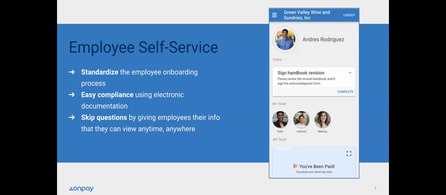Well, we've got just the thing to help your clients and help their employees get their questions answered. When your clients invite employees to self-onboard, even after their profile has been created, it gives employees access to their own information right at their fingertips. This helps prevent questions for your client, for you, and for the employees. So let's go more in detail in the app.